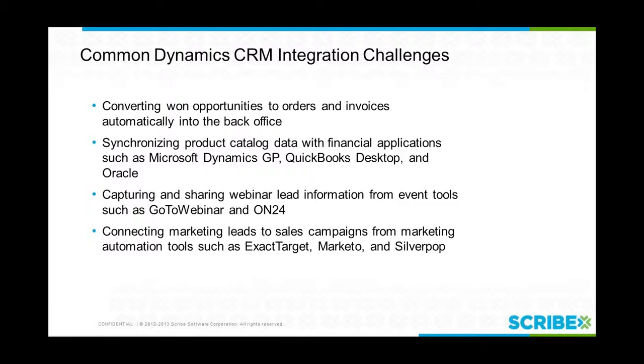We estimate that we save over $150,000 a year in hard costs alone simply by not having three bodies that are required to do all of that manual processing around that workflow. Synchronizing product catalog data and financial applications like GP or QuickBooks